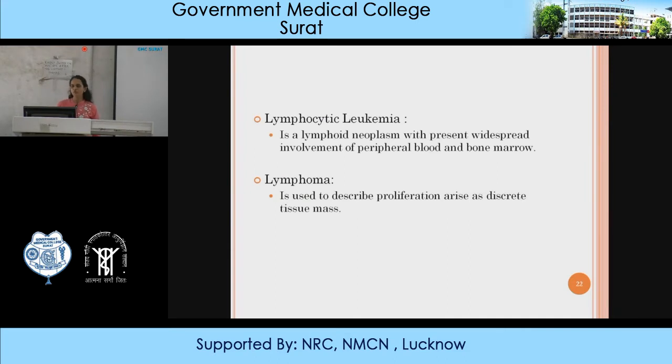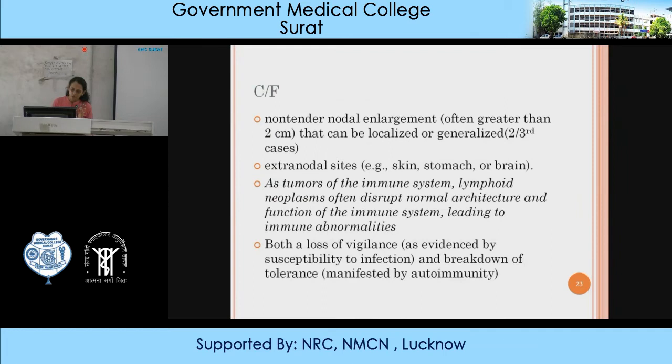Now lymphoma, we will focus on lymphoma, that are the malignant neoplasm of lymph node or metastatic. Lymphoma is primary, so it is defined as malignancy of lymphocytes in lymph node. They generally present with non-tender nodal enlargement, usually greater than 2 cm. If they are less than 2 cm, one should have non-specific lymphadenitis as the first differential diagnosis.